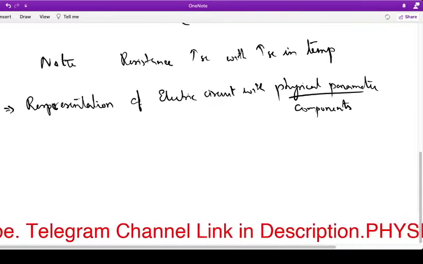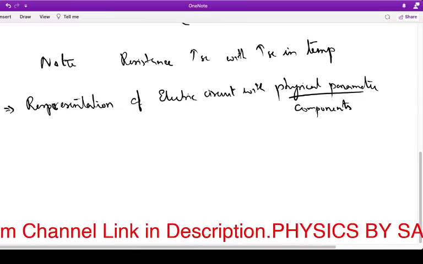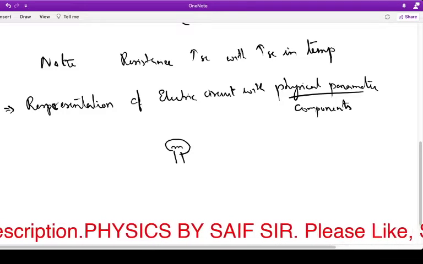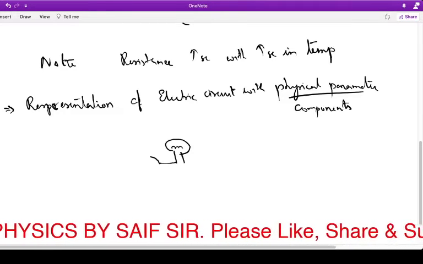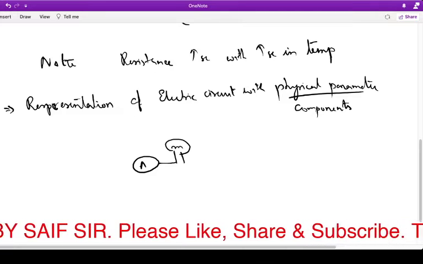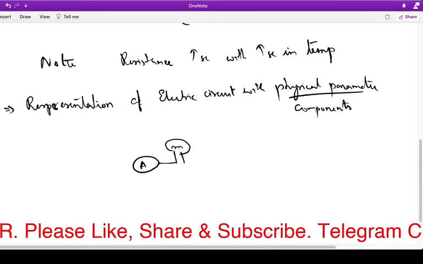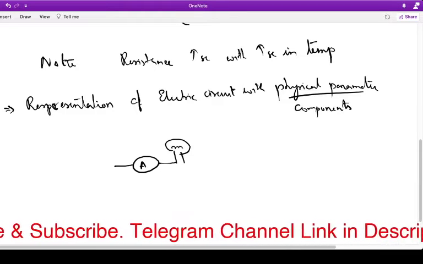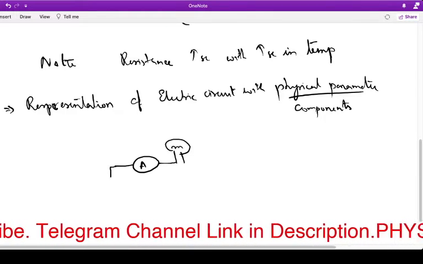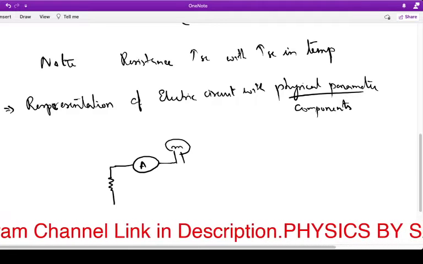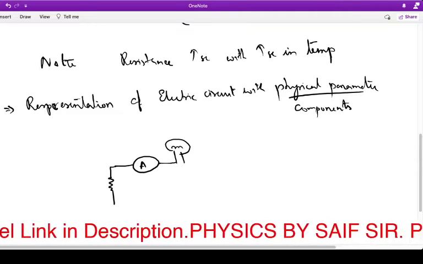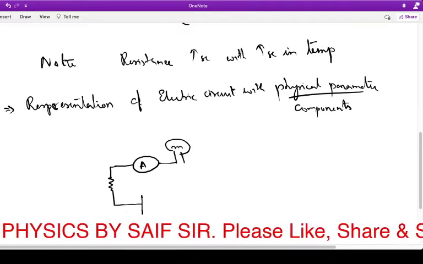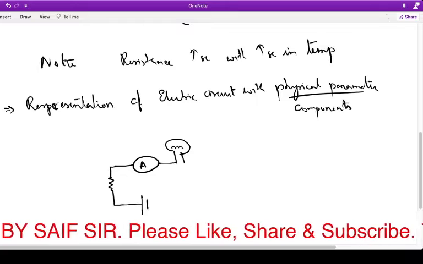So we'll draw a basic circuit here. We'll start with a bulb. And here we'll add an ammeter. The ammeter should be added in series. What about the voltmeter? The voltmeter should be added in parallel. This ammeter is connected to a fixed resistance, as you have seen in the last video how the fixed resistance symbol is drawn. This is given to the positive terminal of the source. Here is the battery source, and the negative terminal.